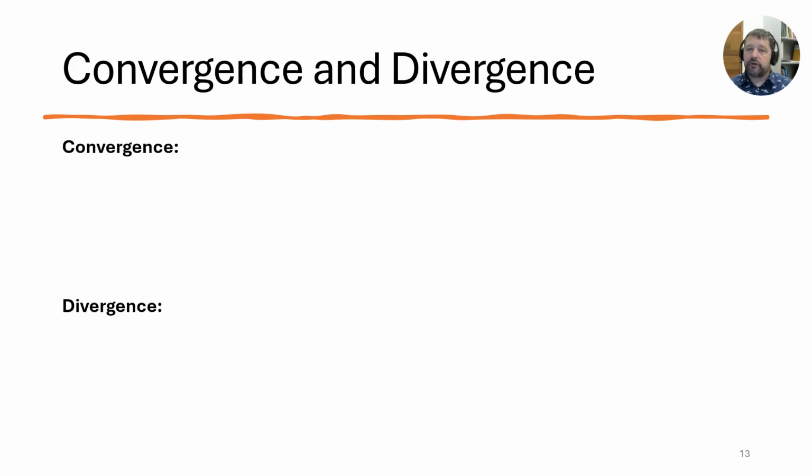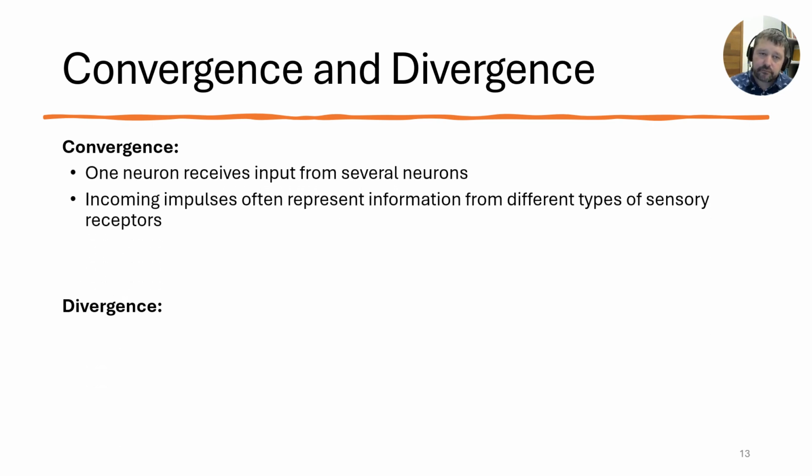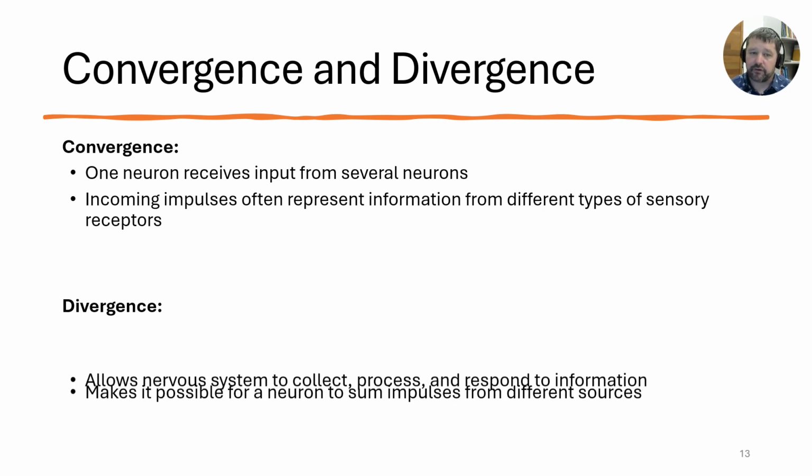Okay. Convergent, divergent. This really has to do with what nerves are coming into the system. Convergent is one neuron that receives input from several neurons. Okay, and we'll look at a picture of this shortly. Normally, like I was talking about before, you can have sensory neurons from vision, smell, ear, taste, touch, and they're all going to a single neuron. So it's receiving several inputs from several receptors, and then sending a signal.